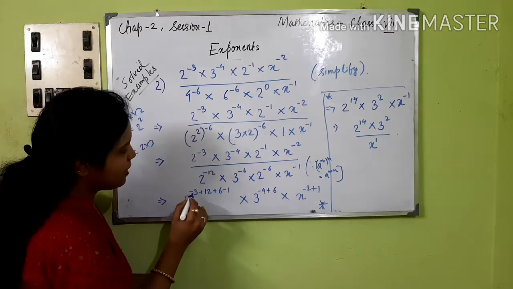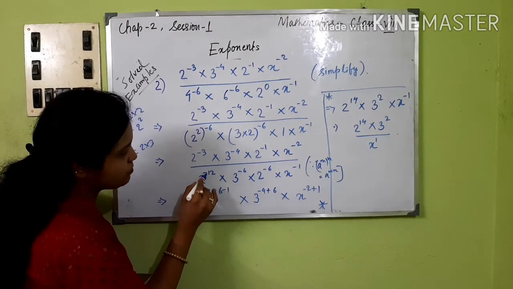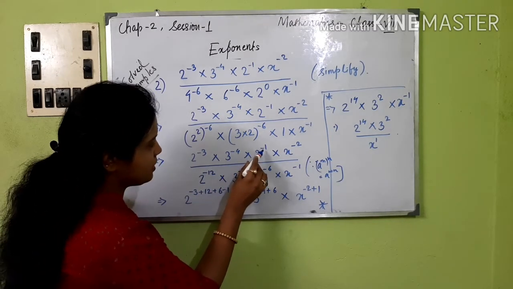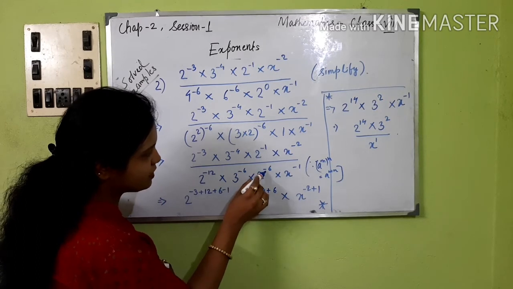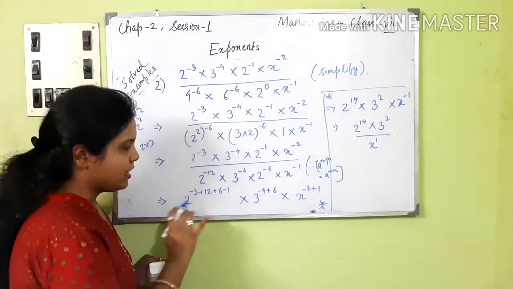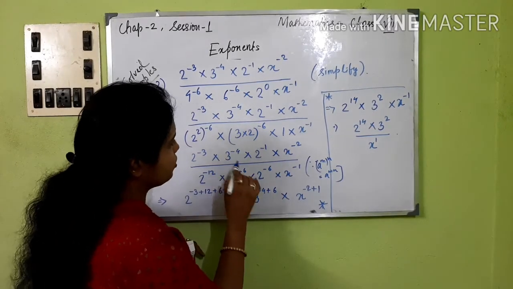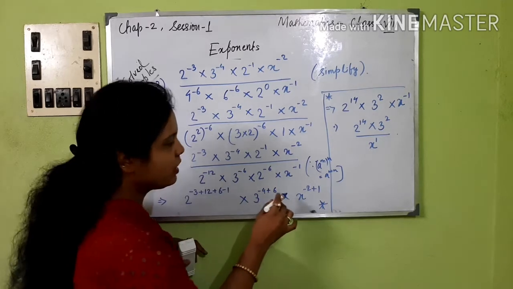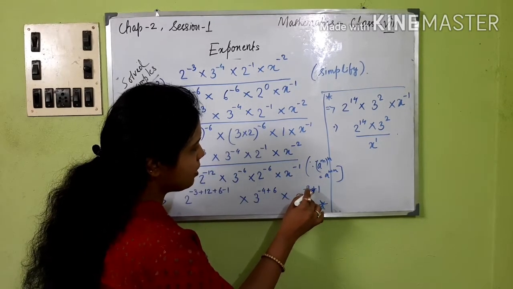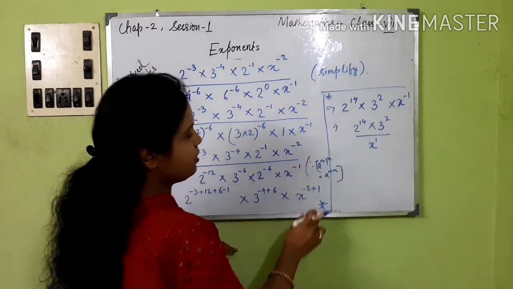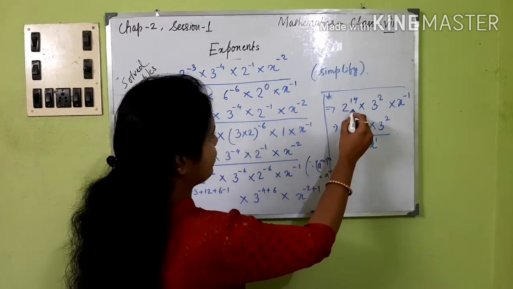So 2 to the power minus 3, this is going up, that means minus 12 will become plus 12. Then again this is minus 1, I've written there, and this is again 2 to the power minus 6, going up means plus 6. Okay, now into 3 to the power minus 4, here it is minus 6, going up means plus 6, into x to the power minus 2, and this is going up means plus 1. So the next step is here, I've put a star mark here, 2 to the power 14,